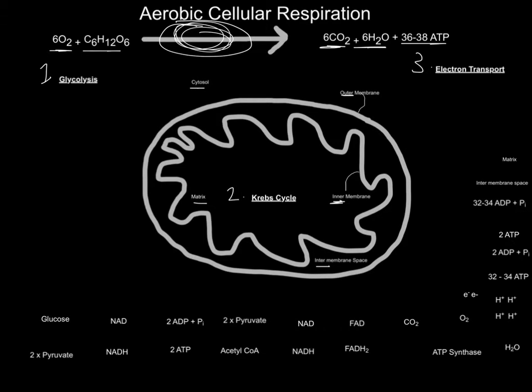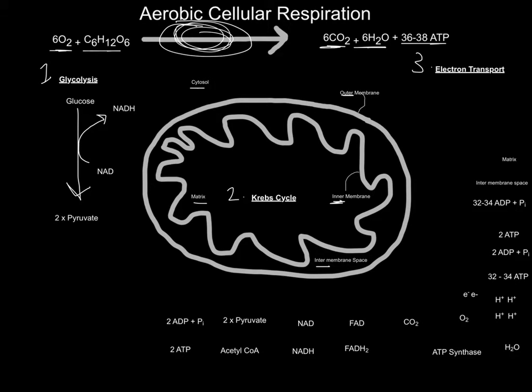So during glycolysis, we take glucose, and through a series of chemical reactions, the glucose is converted into 2 molecules of pyruvate. In breaking the glucose down into pyruvate, we release hydrogen ions and electrons, which we essentially want to use in the electron transport chain. So to pick up those hydrogen ions and electrons and transport them to the electron transport chain, we have our acceptor molecule coming in, which is the coenzyme NAD, and our acceptor molecule gets loaded with hydrogen ions and electrons, and then it leaves glycolysis in its loaded form, which is NADH,